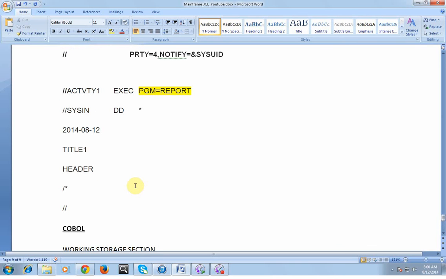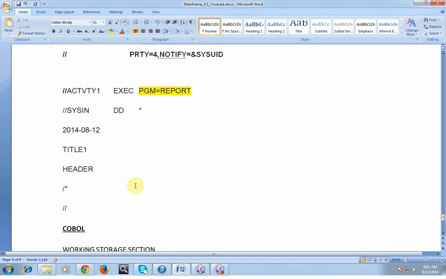Not only will we use these parameters in user-defined programs, we can also use them in IBM-provided utilities. For example, there are things like sorting of data.